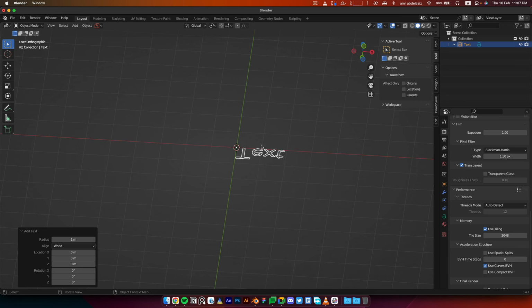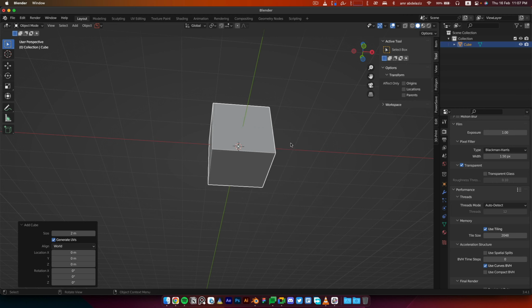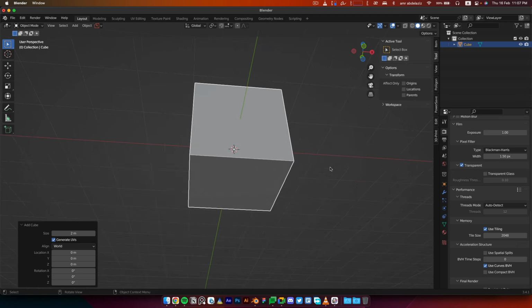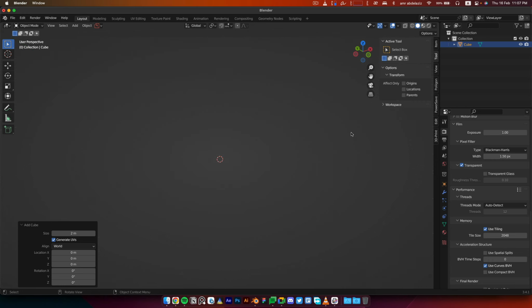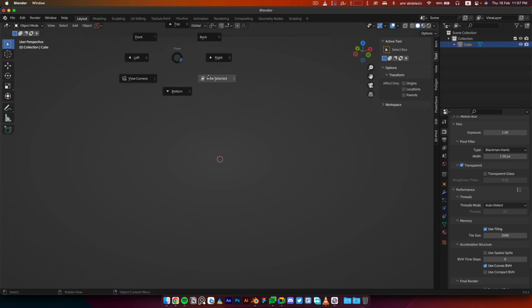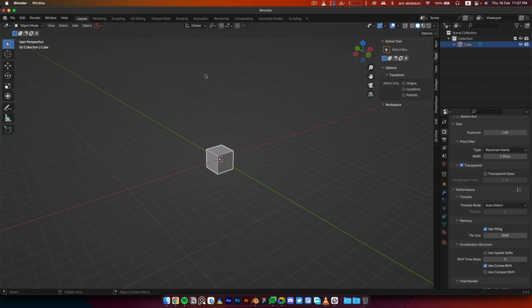Let's add a box right here, and when you press tilde, you can select "view selected", so you get a good view of the selected object. Let's say you're far away and you select your object right here in the layer panel and you press the tilde key, you can type 3 for ease of access, but at first you will not be having this kind of speed, so